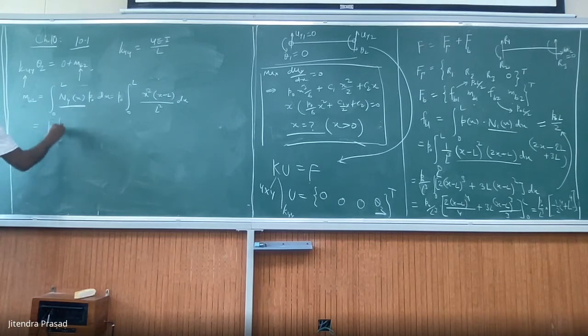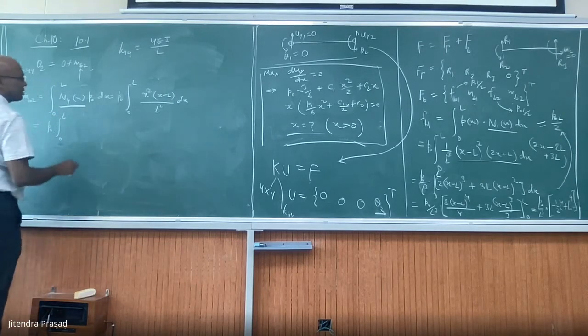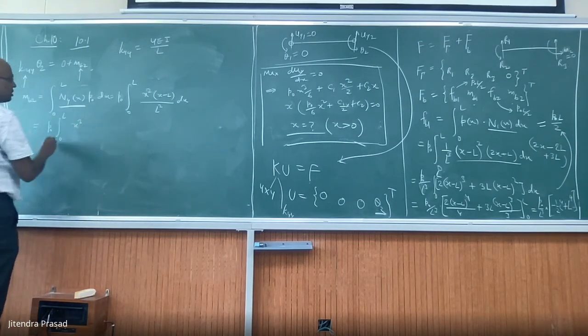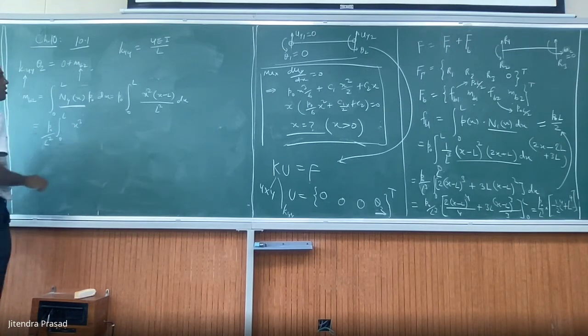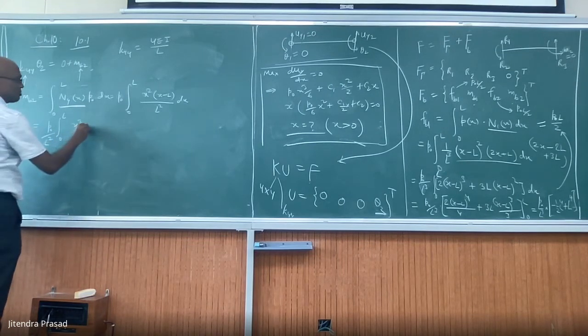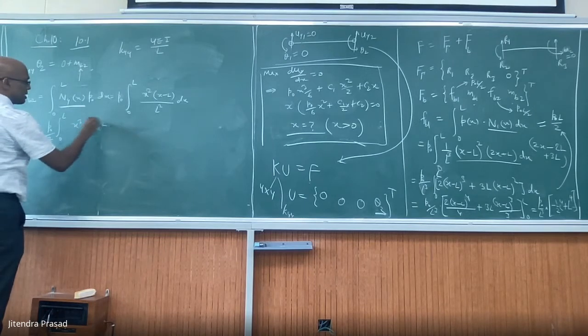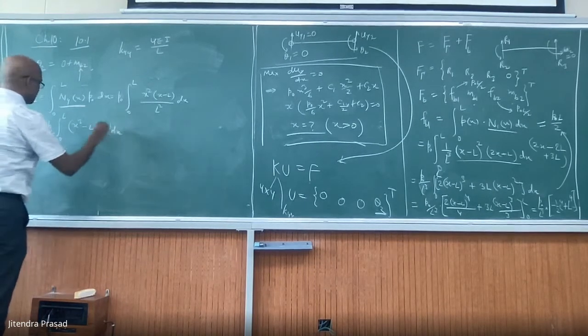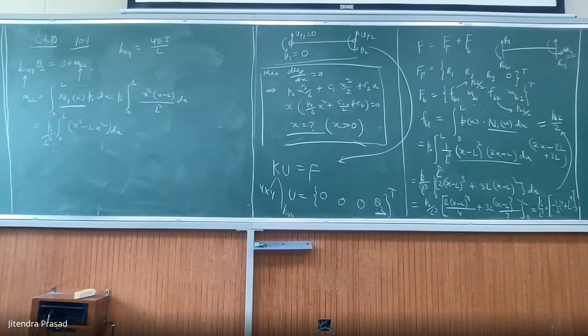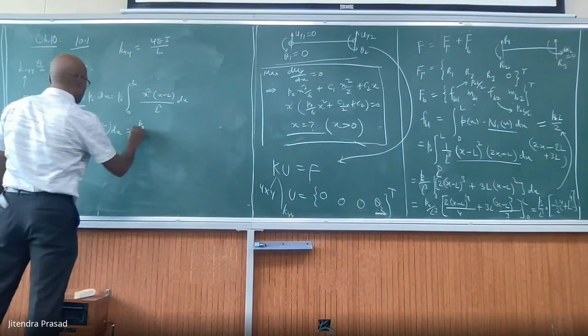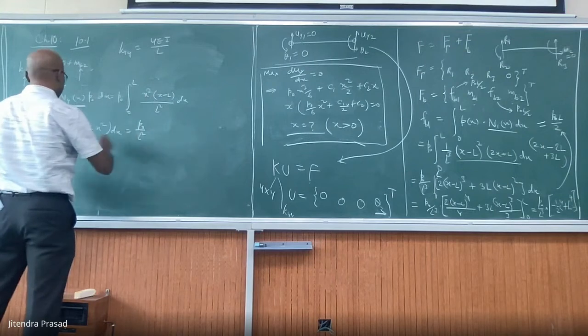P naught over L square times the integral of x cube minus L x square dx is equal to P naught over L square, and then you have